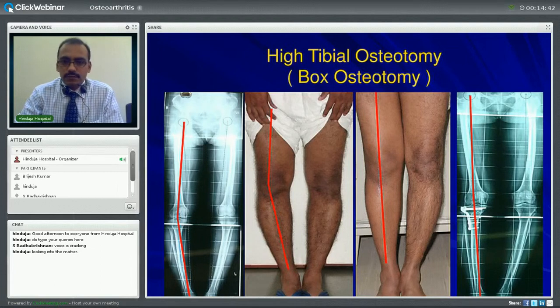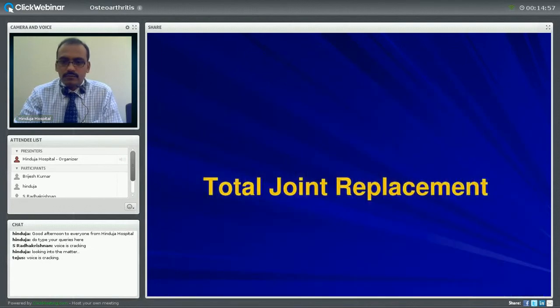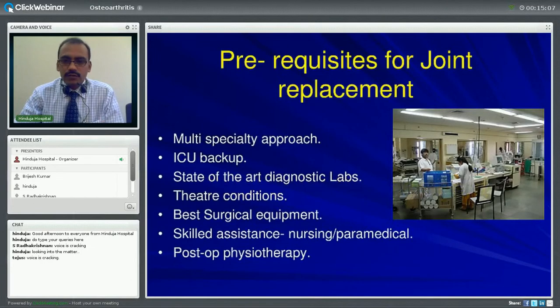This is the in-between procedure which will postpone surgery by at least 7 to 8 years, or maybe 10 years. And this is helpful because a joint replacement surgery has a life, and this is something we need to offer to our younger patients with arthritis. And in the latter, where there is severe arthritis of the knee, we can offer them joint replacement surgery.